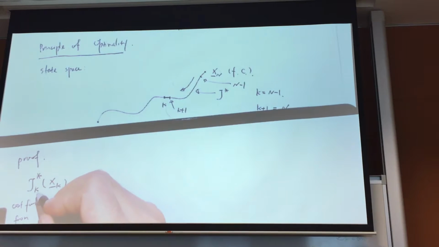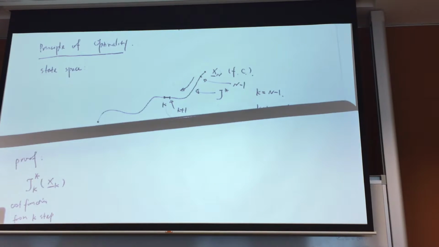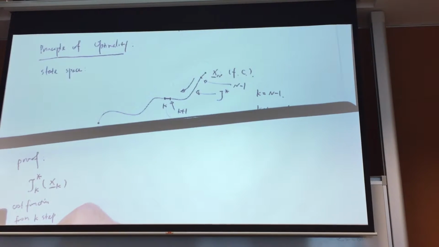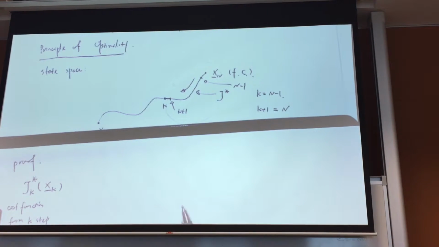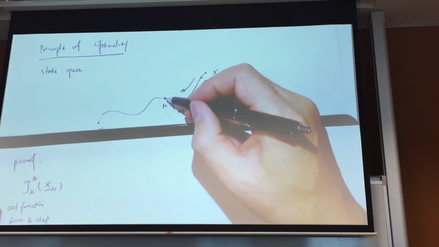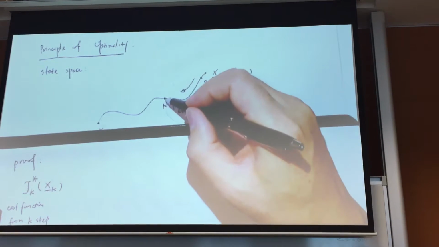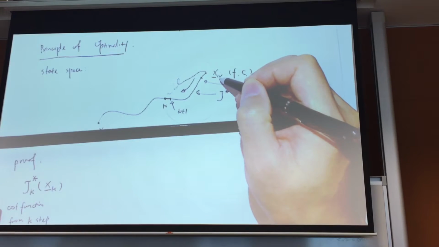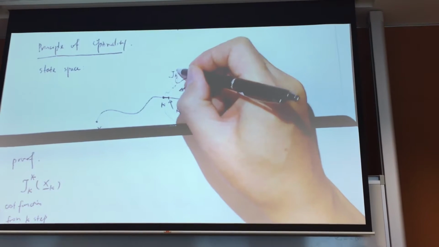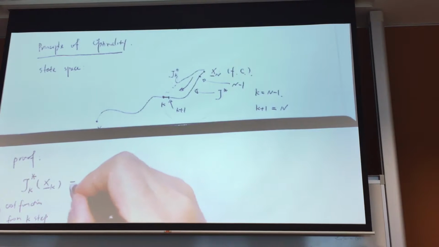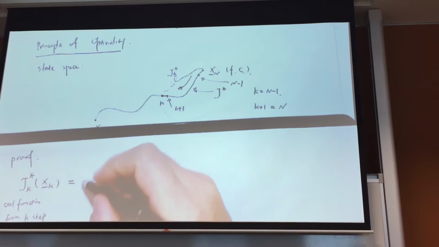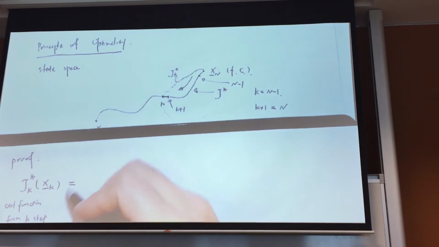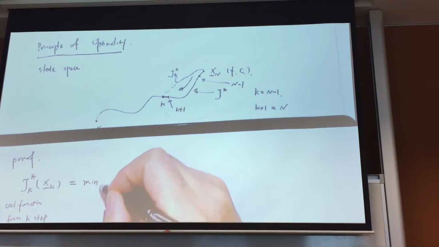Because here we have the k, from the kth step to the final state. So we define this one as the cost starting from the kth state and going all the way to the final state. We define this to be J_k star. So this J_k star, from our problem formulation, we know this one is given by,